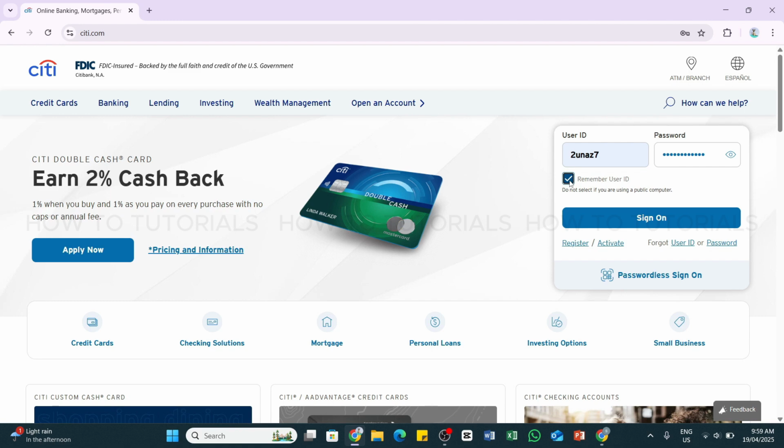Now once after entering all the credentials, go ahead and click on this sign in button right here in order to log in to your account. And in case you are not able to log into your account, then you may also use these options, forgot user ID or password, the links just below the sign in button, in order to reset or